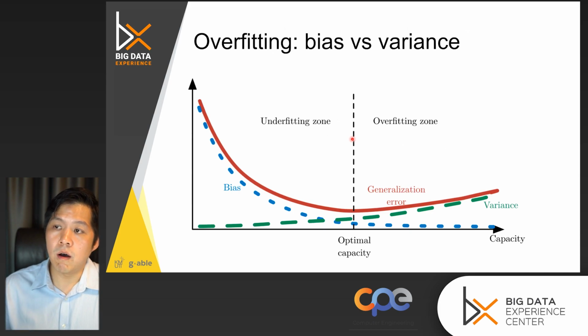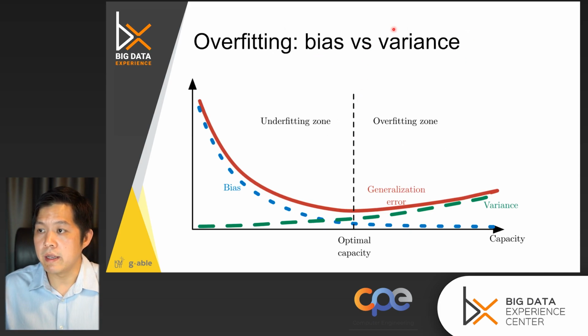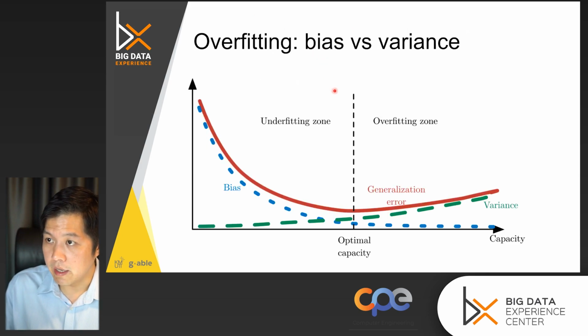Okay, so overfitting can also be explained in terms of variance and bias. At this level, this is the optimal capacity of the model. It's the level where the generalization error goes down, reaches a certain point, and then increases again. Right? This is a point where the bias would reduce further and further. So you try to reduce bias further and further, and the model would try to capture a lot more variation,